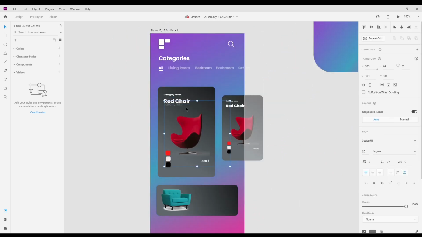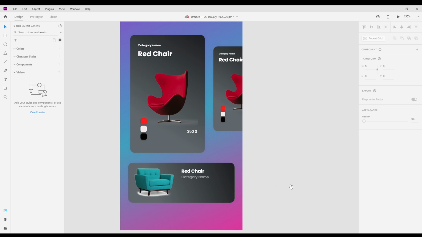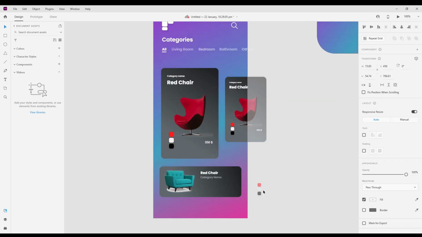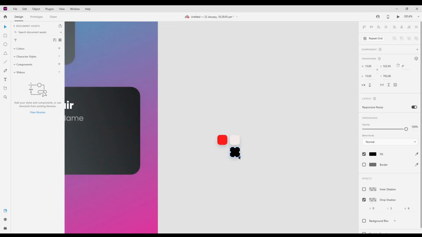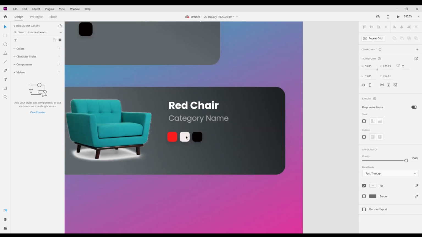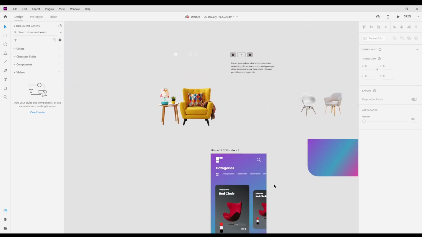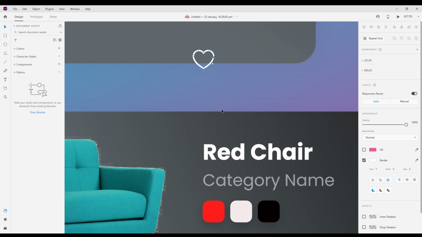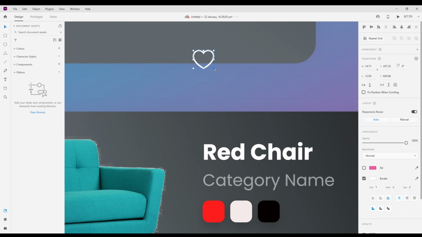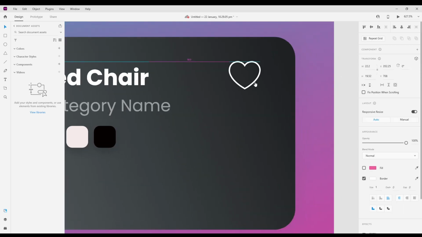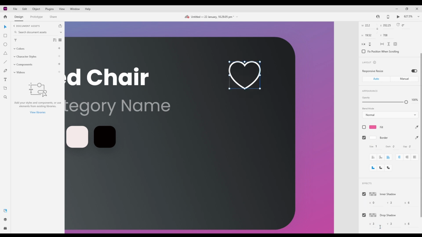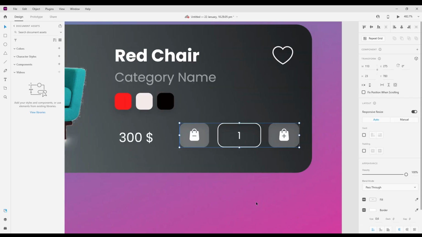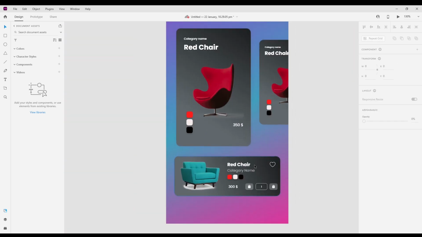So copy the same gradient and paste the same properties and create one more rounded rectangular card for the product information. Now bring in the like, heart,